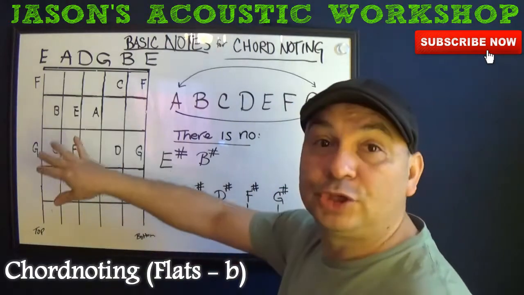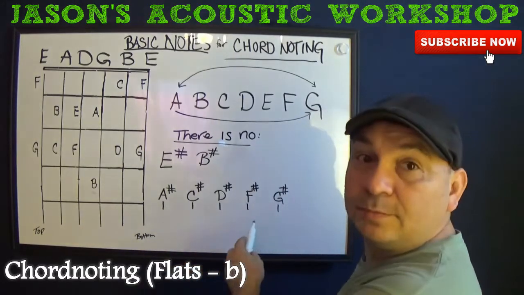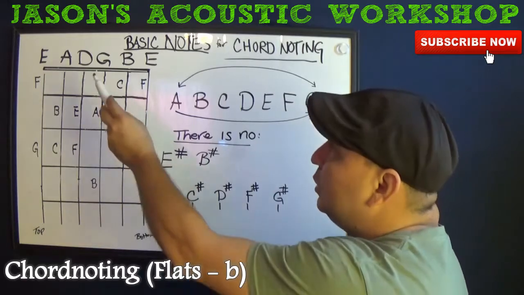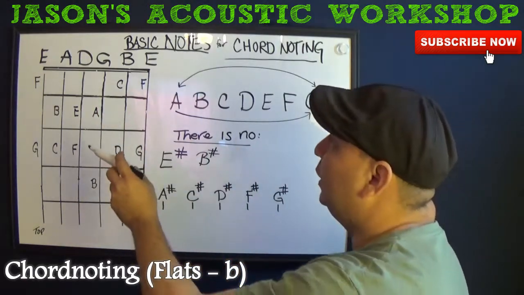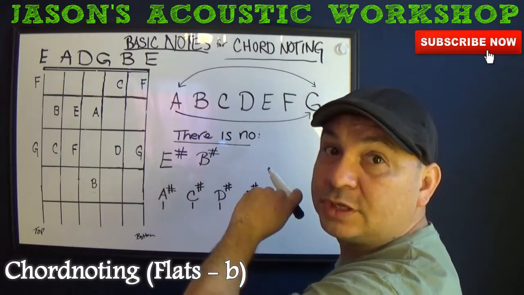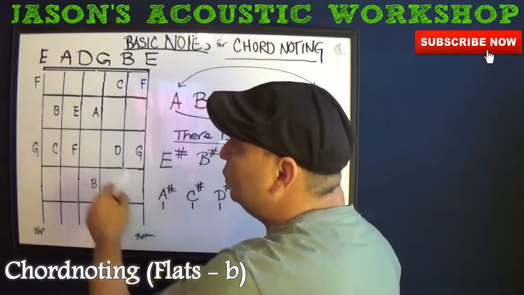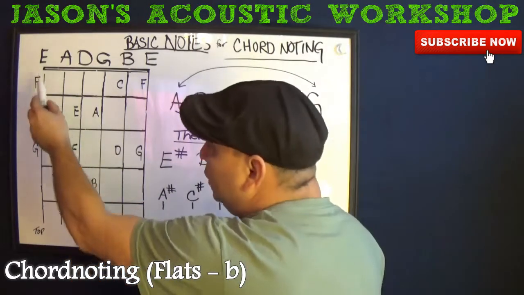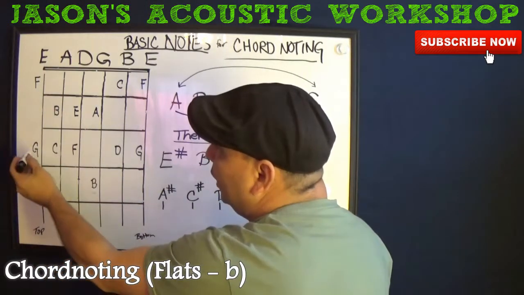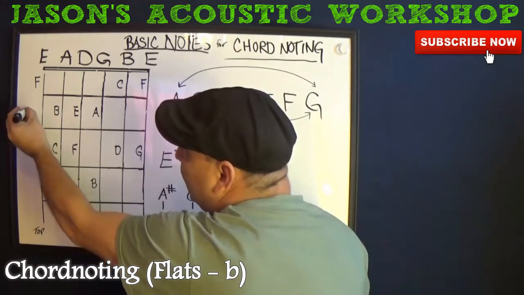Alright, so I took off the sharps. Now, down here is basically going to be a comparison. And like I said, there is no E sharp and no B sharp, so we're going to do the flats now. And like I said, only seven notes in the musical alphabet. Okay, so here we go. I left the natural notes on there. Top string, E string, go to E, then to F, and then of course, not F sharp, but you go to G, you go down,